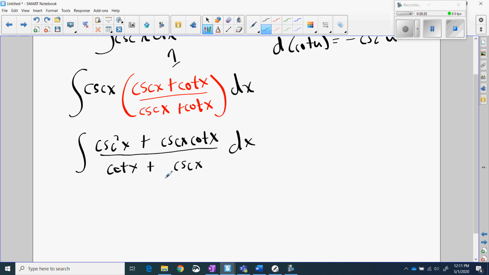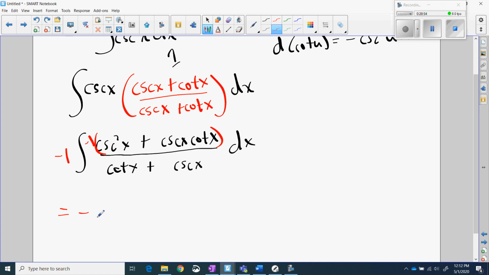So in this one, it's not quite as nice as the last one, because the numerator is not exactly the derivative of the denominator, but the only thing missing are negatives. So if you were to take this whole numerator and multiply by -1, that would give you negative this, which would be the derivative of this. So if you multiply by a negative there, you've got to multiply by a negative up there. And now you have